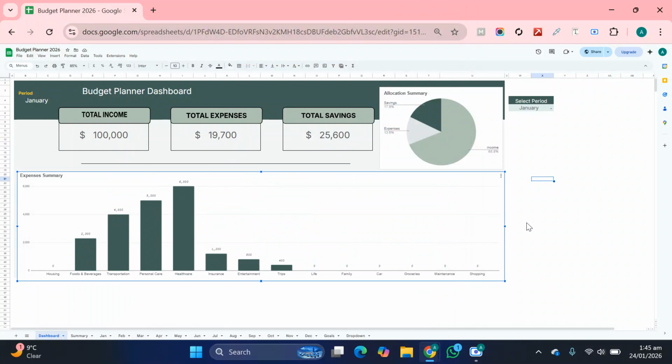Today I have come up with a budget planner template which is based in Google Sheets. So this is a walkthrough video of this template. I will explain and guide you how you can use this template. And let's start with this dashboard tab where you can see we have different types of metrics here which